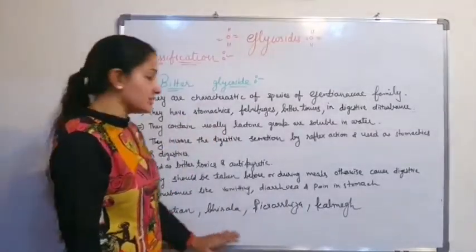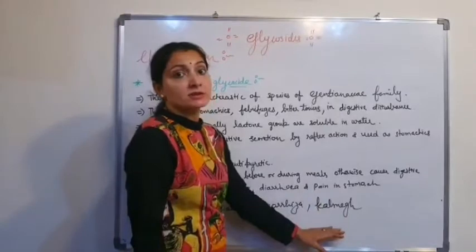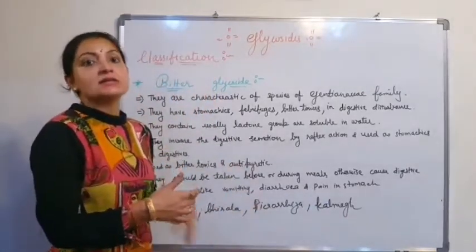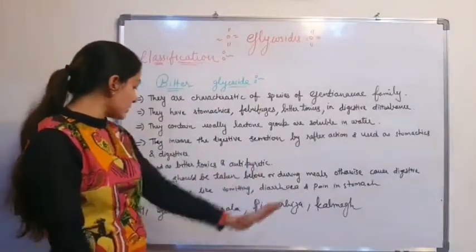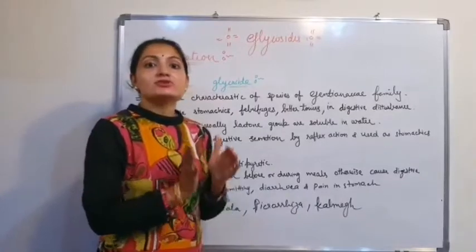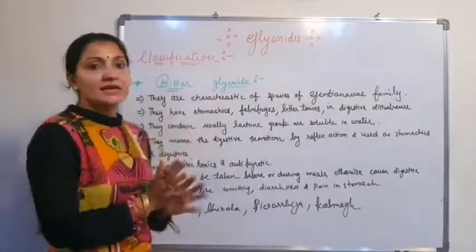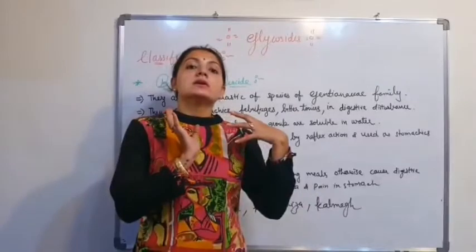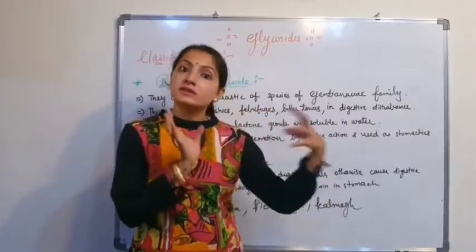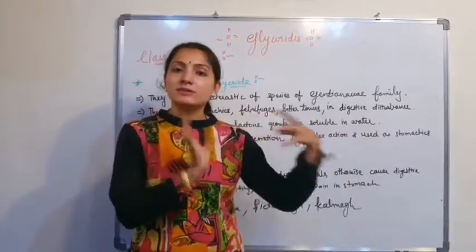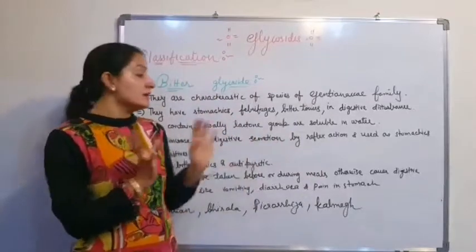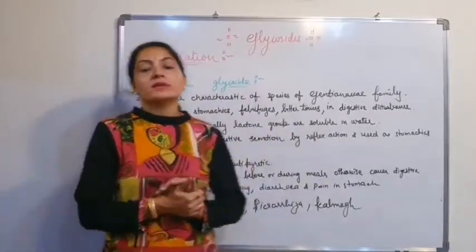Examples: Gentian, Chirata, Picrorhiza, Calumba. These drugs are bitter glycosides used as digestive, stomachic, and antipyretic. These are the common uses of these drugs. And in your syllabus, Gentian is described. Gentian is a bitter glycoside which has a bitter principle, a bitter taste. All these glycoside drugs contain bitter glycosides, and they have common uses. Okay, clear?